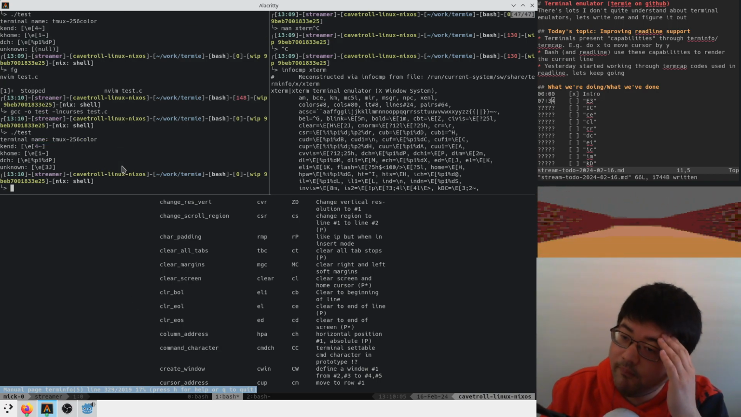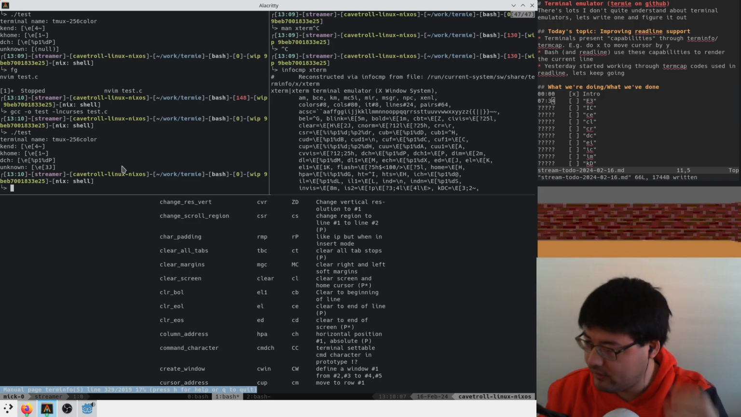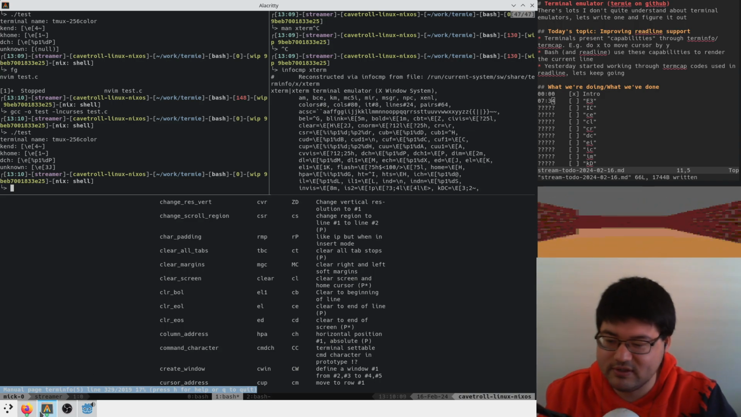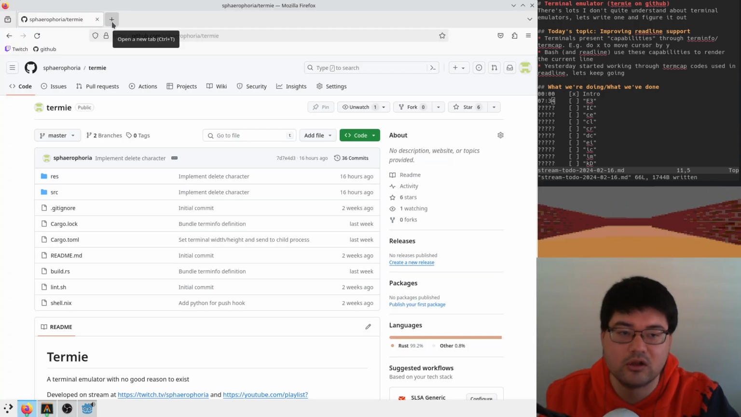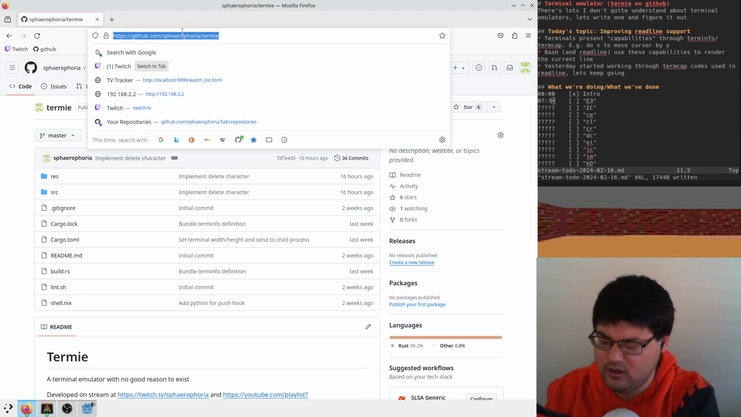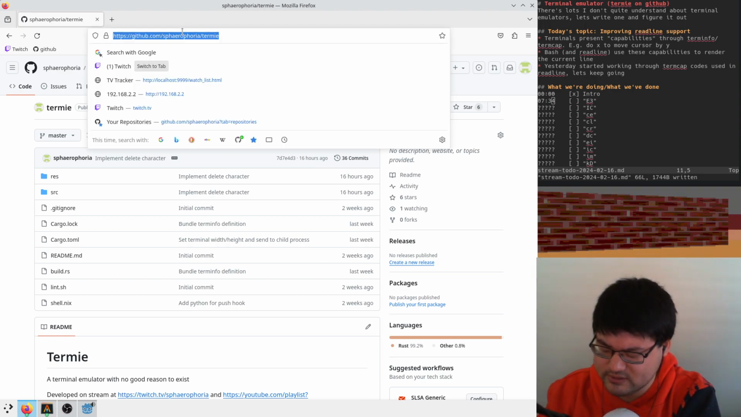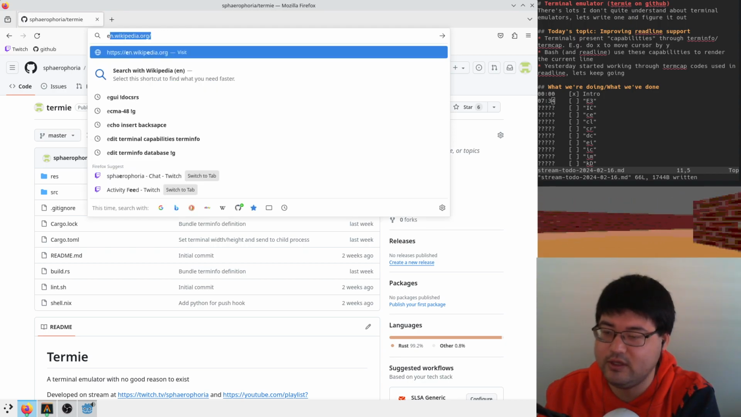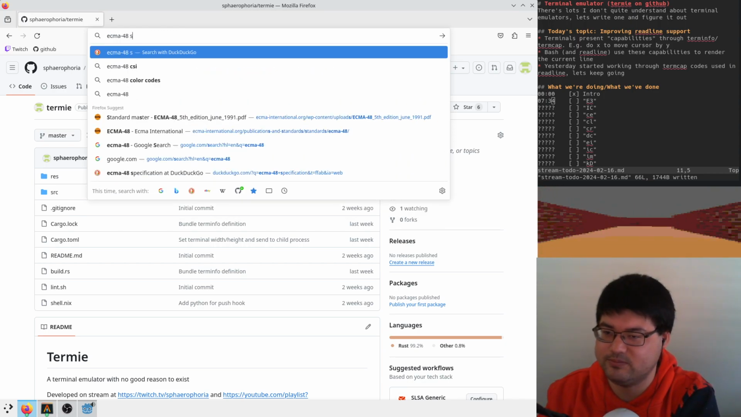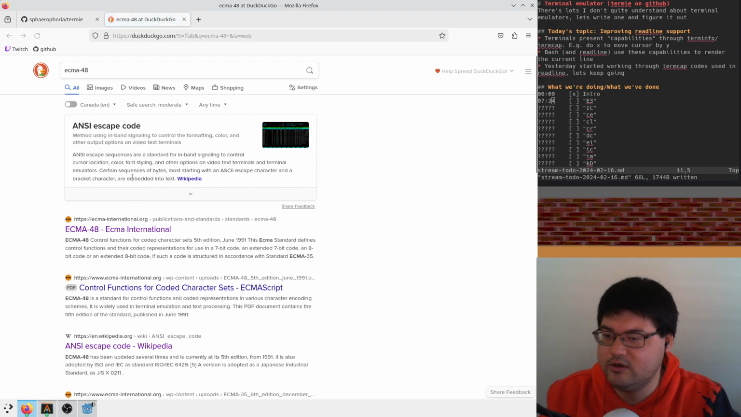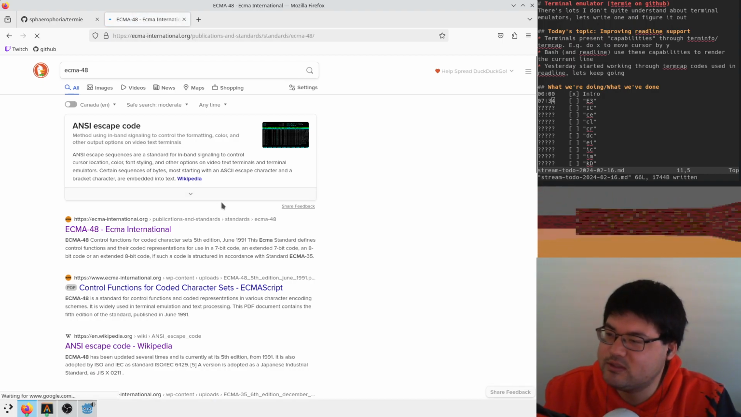Oh, hold on. I know this one. We've seen this before. This is a clear scrollback command, I think. Hold on, we can find this. In the ECMA-48 specification, which I don't really know what it is. It's some spec for